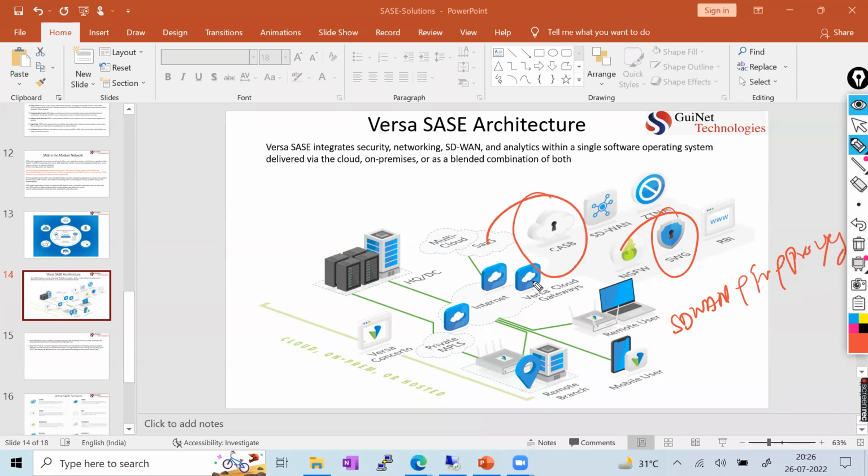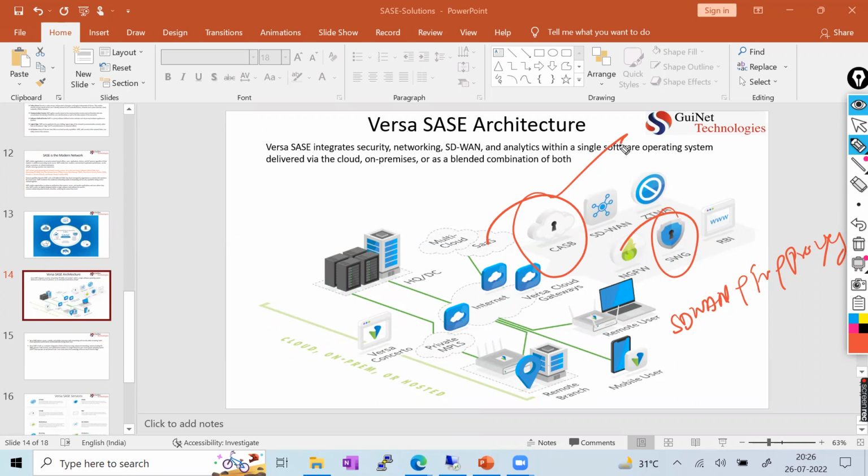Now talking about the CASB, Cloud Access Security Broker. This is again a key component for our network. When we talk about the Cloud Access Security Broker, let's say suppose you are hosting different applications in the cloud environment. So who is going to make sure, let's say suppose I'm accessing from home, what activity I'm doing, which kind of browser I am using, what kind of vulnerability I'm transferring, downloading, what kind of file data I'm using and downloading. Someone sitting in the cloud should be able to monitor all my activity. That is the CASB, right? Cloud Access Security Broker, right?